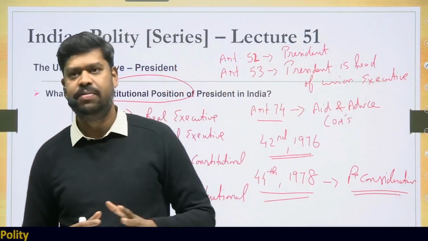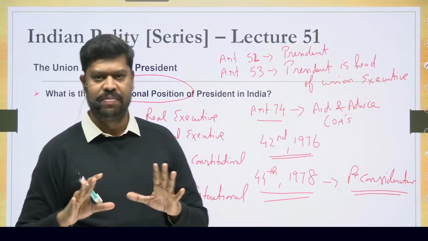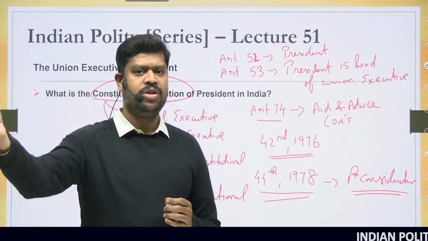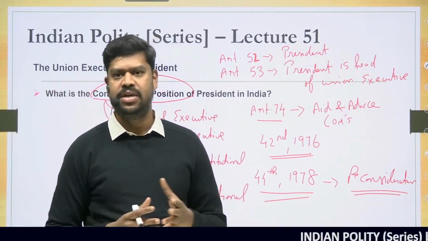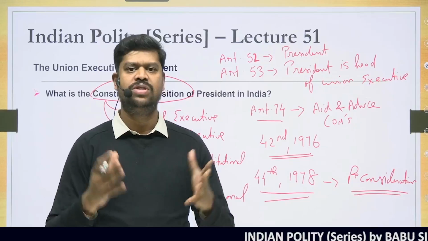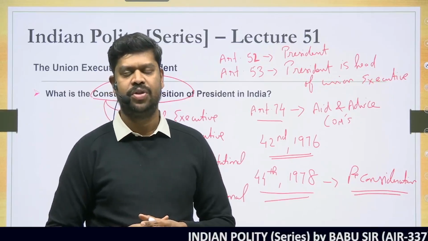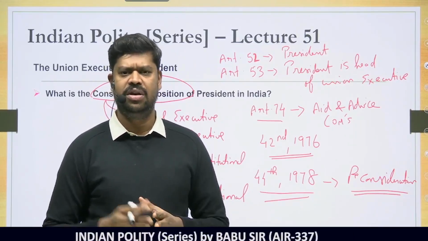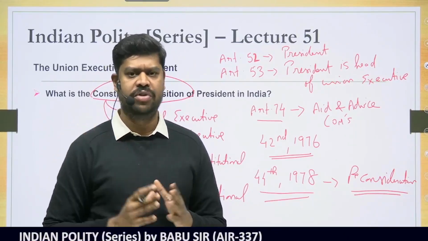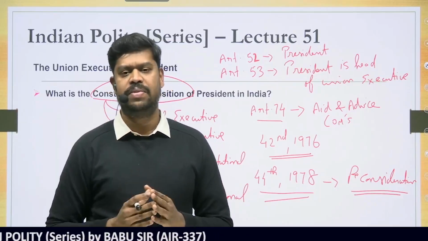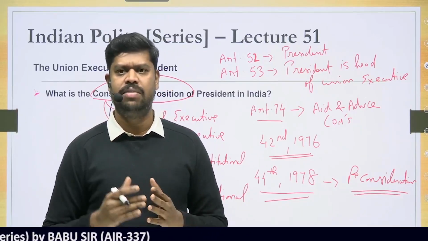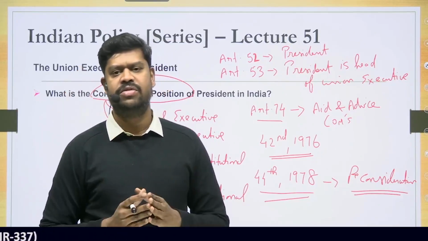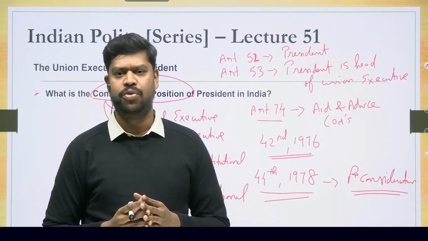whenever advice is sent by the Council of Ministers to the President, and if the President is not happy with such advice, he can send it back once again for reconsideration. Although not many Presidents have exercised this, there are Presidents who have. Say for example, Dr. APJ Abdul Kalam, when he was President of India, when the Office of Profit Bill was sent to him for his assent, he was not happy with that particular bill, so he sent it back once for reconsideration. And then again the Council of Ministers sent it, so probably then he gave the approval.